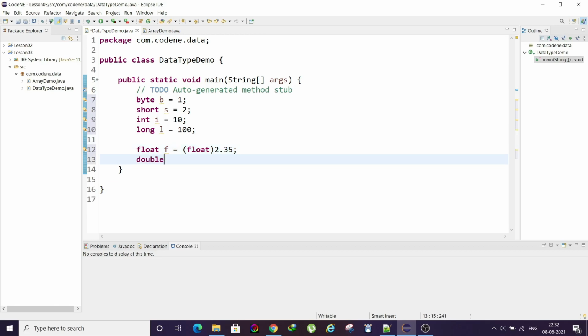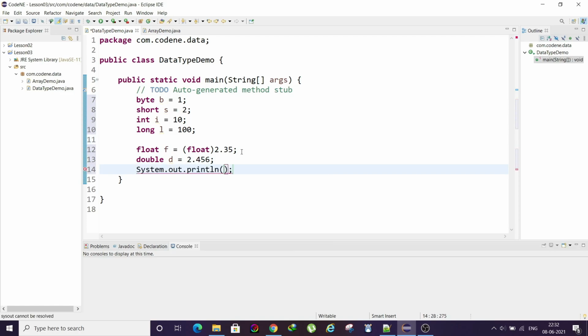Next, if you want to declare double t equal to, let's say, 2.46, you can do it like this. Let's say you want to print the variable that you have just declared.